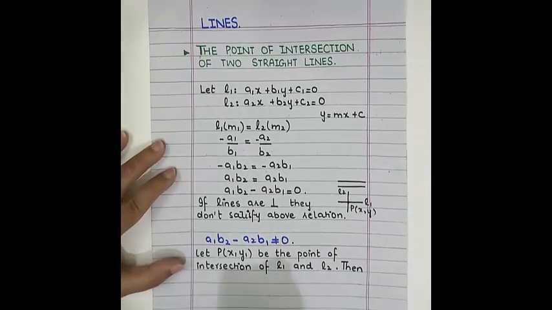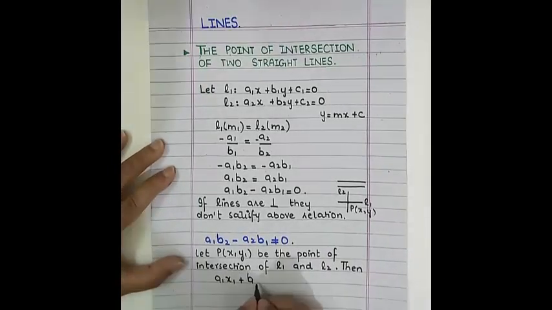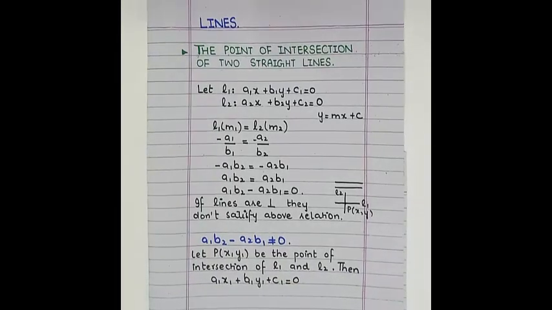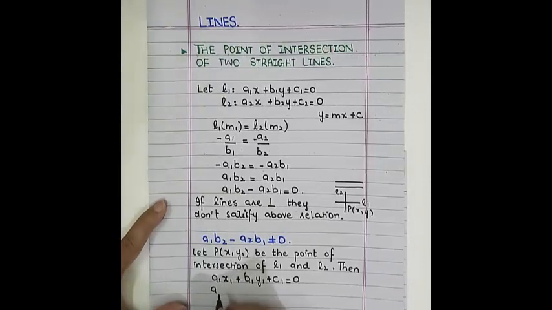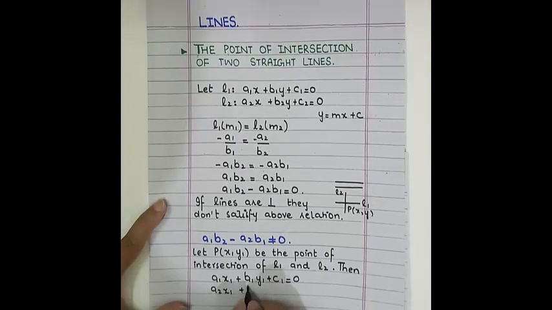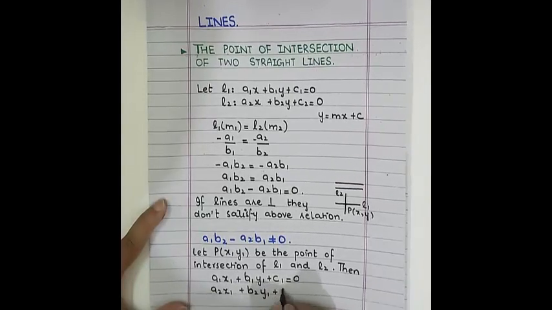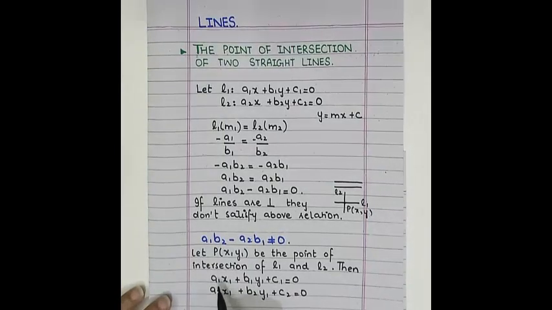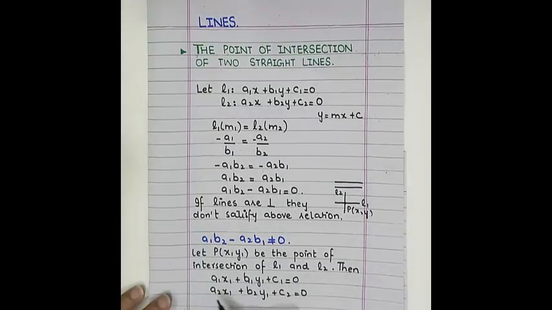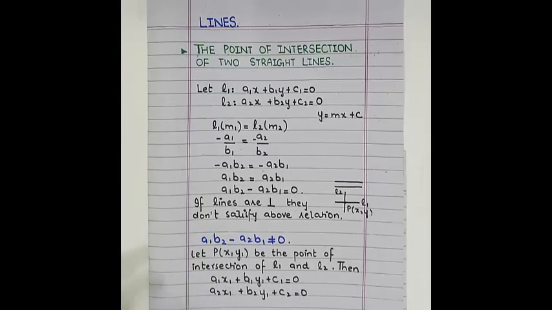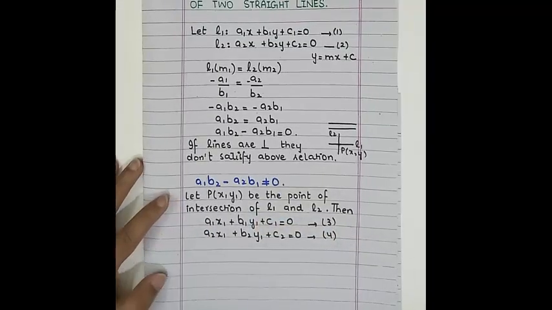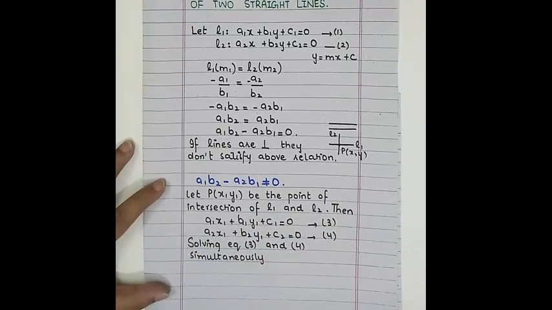Then we have A1 x1 plus B1 y1 plus C1 is equal to 0. And then we have A2 x1 plus B2 y1 plus C2 is equal to 0. We have written A1 B1 C1 with x1 and y1, and then we have written A2 B2 C2 with the same x1 and y1. So we have these two equations. Solving these two equations simultaneously,